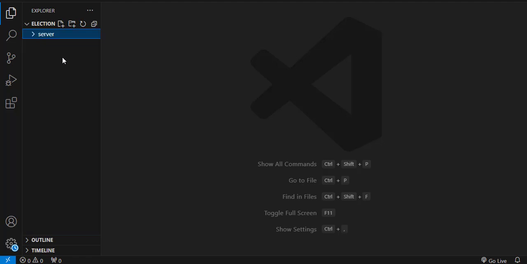Okay, and let me create another folder. Remember, if you select this one and click the new folder, it means the folder is going to be created inside this folder, and you don't want to do it that way. So the next one is going to be within this election folder. Okay, and give it the name frontend. Okay, so we have the frontend, we have the server. All right,